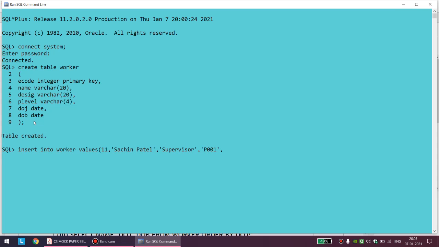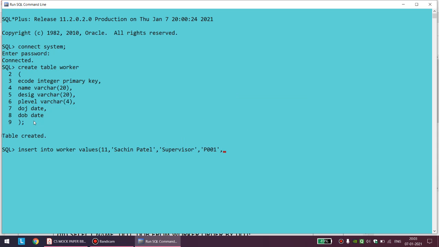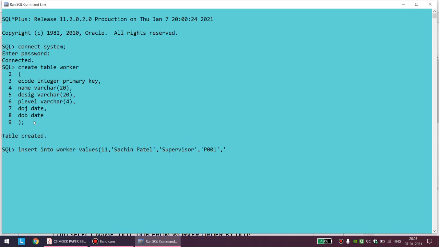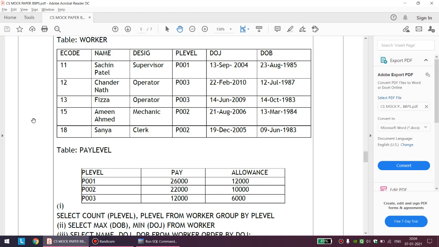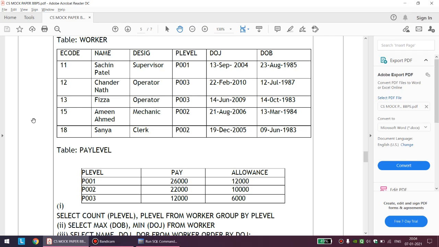Date, I actually want to see which format the date is accepted. First of all, let me write the date in direct format to see if it accepts. If I am not wrong, date can be inserted directly like this. If it is not accepting, we will go for some other approach, but I feel this will work.